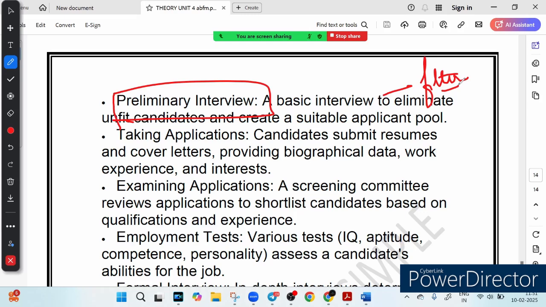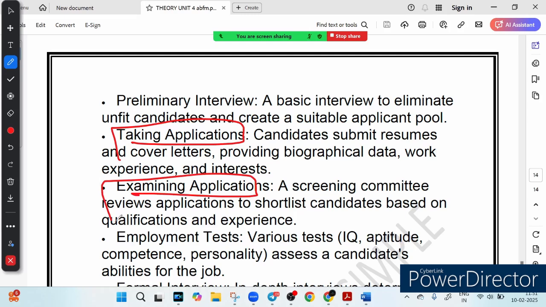The second thing is taking applications. Now comes the paperwork. Candidates submit a resume and cover letter. This gives the company details about their background, work experience and areas of interest. The third thing is that they examine the application. A screening team will review all the resumes to shortlist candidates who meet the job requirements like